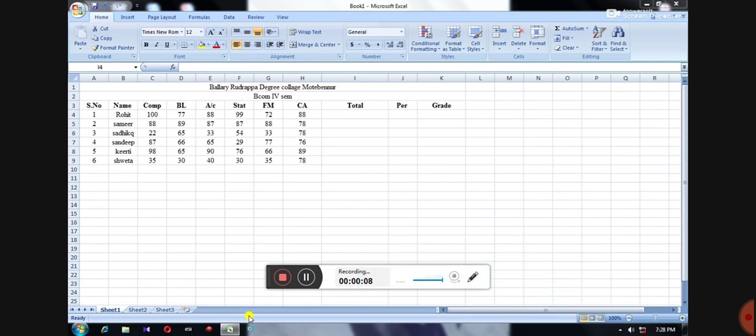When we enter into MS Excel, meaning Microsoft Excel, the page is open. An Excel sheet is called a worksheet. It consists of a work area where we are going to enter the details or data information in the Excel sheet itself. So I entered the title Balai Rudrapa Degree College, Motivinur, BCom 4th semester, serial number, name, computer subject BL,